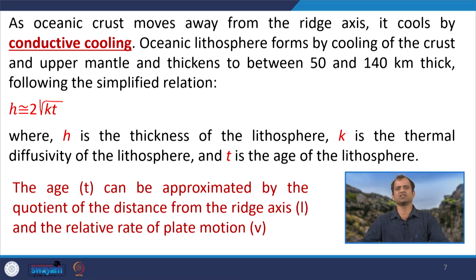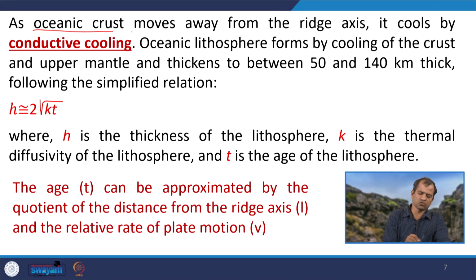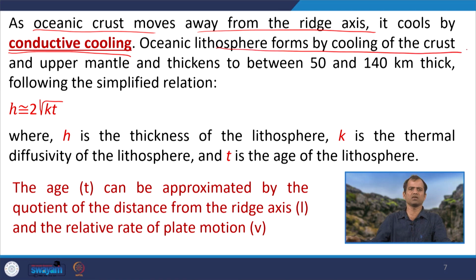Gradually the density of this lithosphere is increasing and it is contracting, so that the density is increasing and the sedimentation is just above it. So, its thickness is increasing. So, as the oceanic crust moves away from the ridge axis, it is cooled by the conduction cooling alone, and the oceanic lithosphere formed by cooling, the crust and the upper mantle, has a thickness between 50 to 140